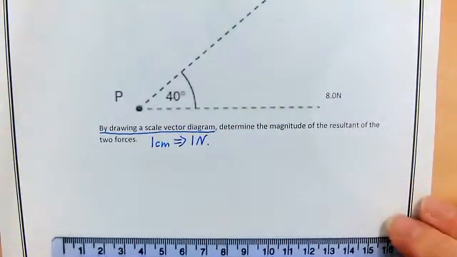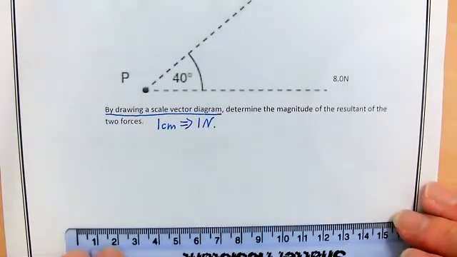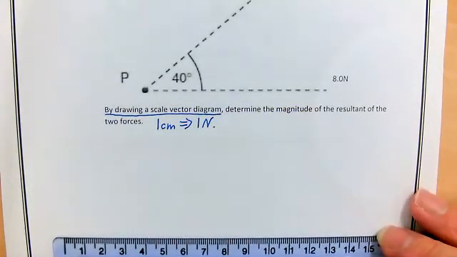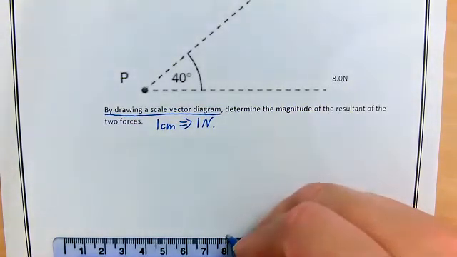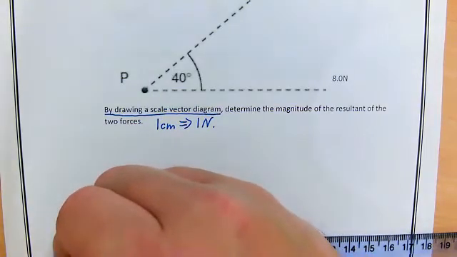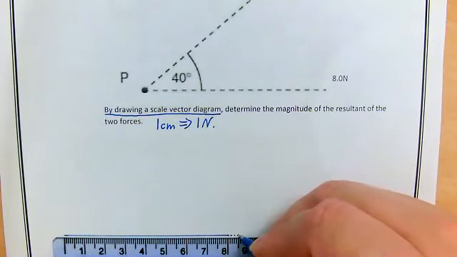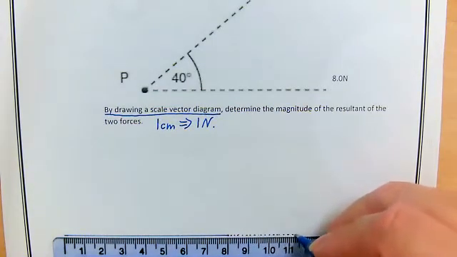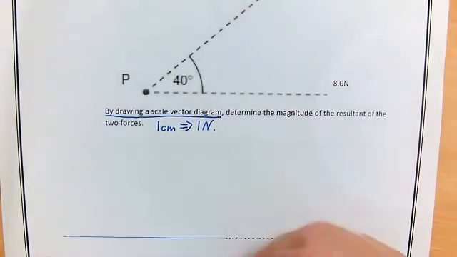Okay, so if I draw my first diagram, I'm going to make it 8 newtons, so it's 8 centimeters long. And then I'm going to put a dotted line. I'll show you why that is in a second. Okay, so that's my 8 newtons